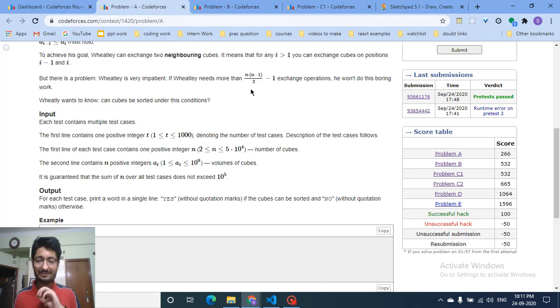So the simplest explanation of this is, I just got an error because I counted the total number of inversions, but there's a trick in this. We don't have to find out all the number of inversions. We just have to find out whether the whole array is strictly decreasing. If it's strictly decreasing, then only we require n into n minus 1 divided by 2 inversions. But because it's not strictly decreasing, we can do this in some smaller number of inversion steps. And thus we just have to check that out.